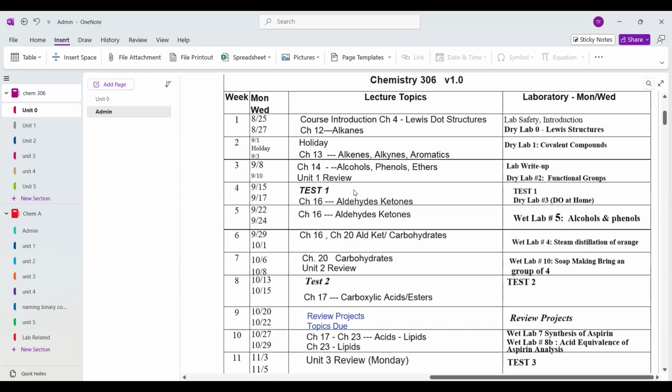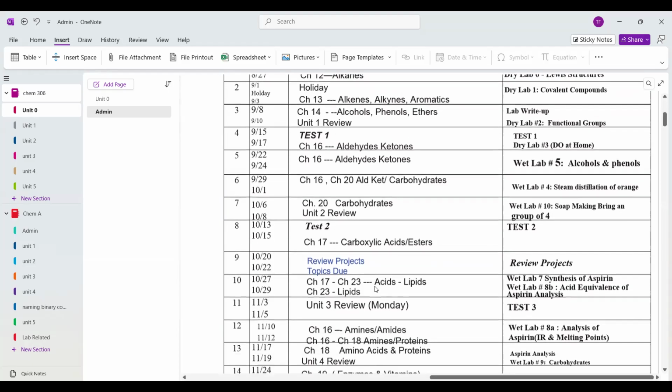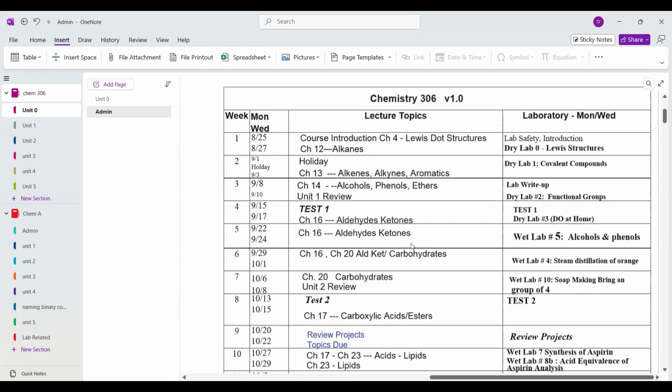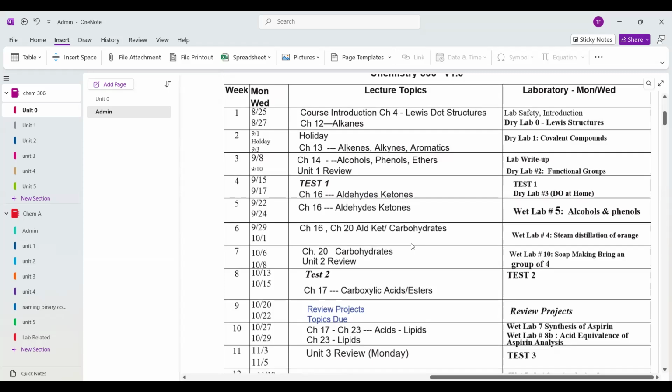The first test everyone thinks is very hard, but actually it's the easiest. You're going to be going on like test 2 and test 3 and looking back on test 1 and going, oh my God, that's so easy. It's just that it's very different because there's no math in this class. No math, other than counting carbons in a backbone of the molecule. That's about as hard as the math gets.